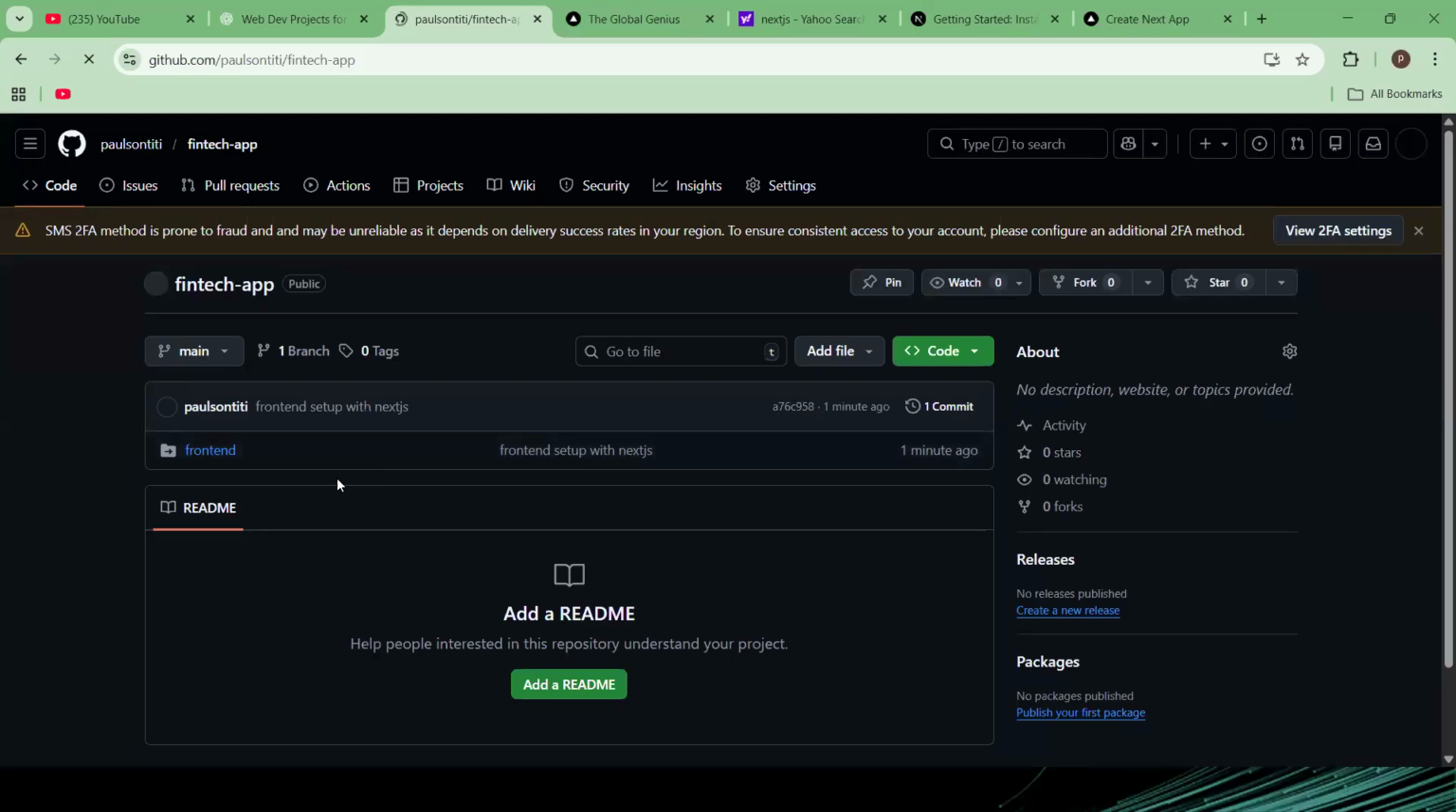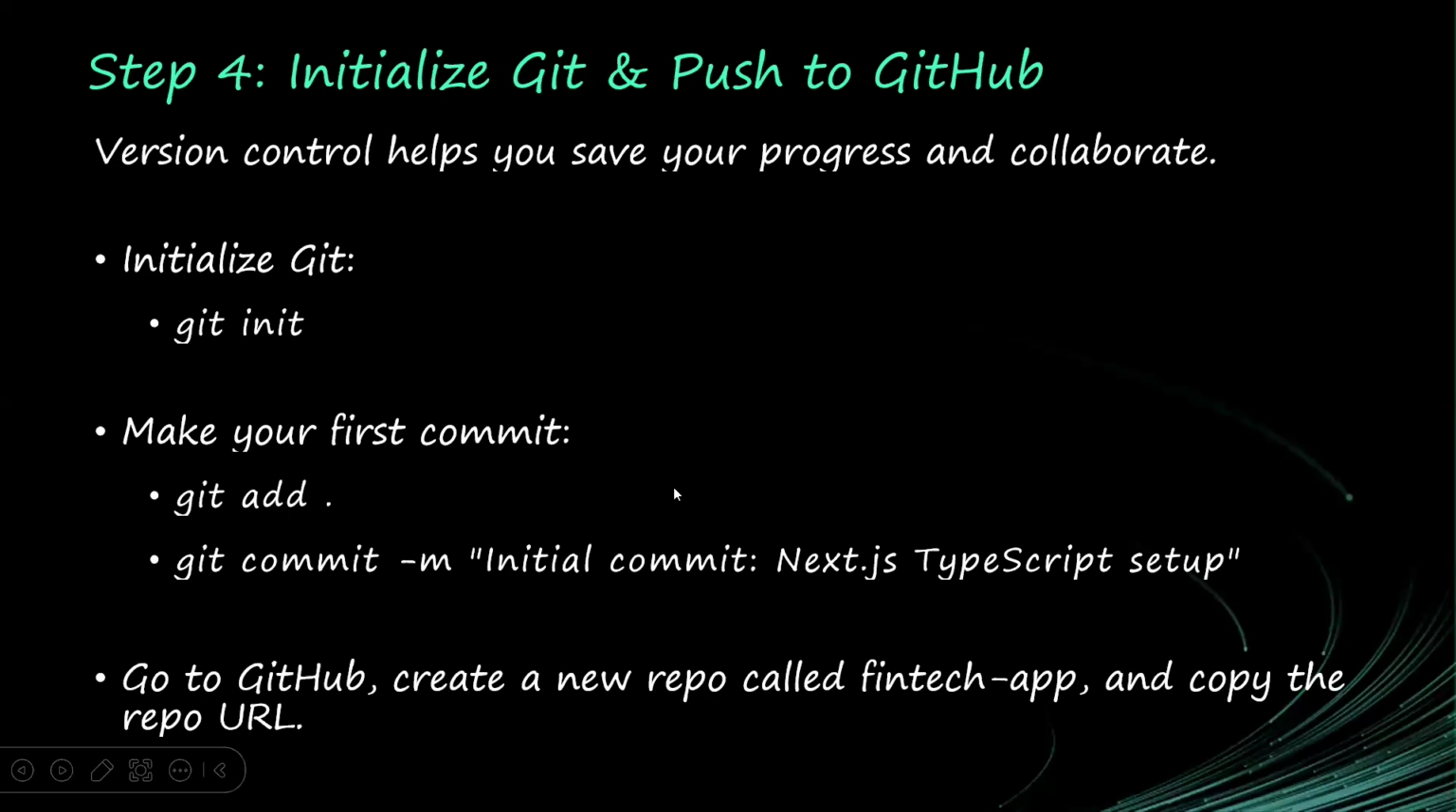Okay, this is exactly what I want. So far so good. We are doing well. So now